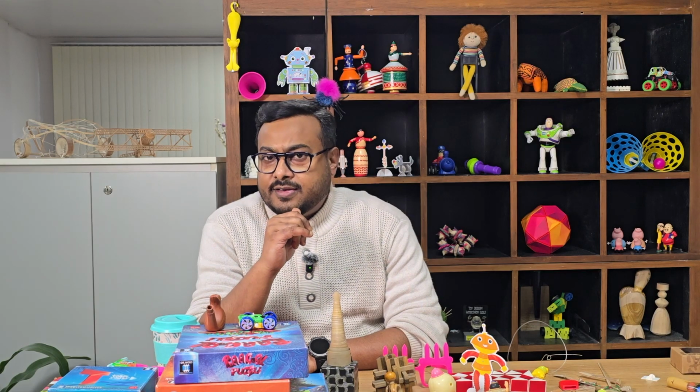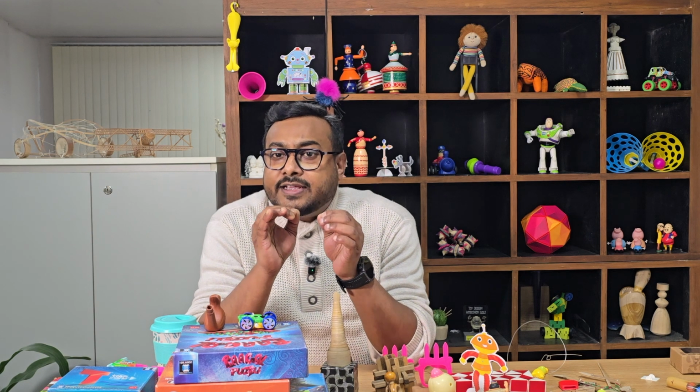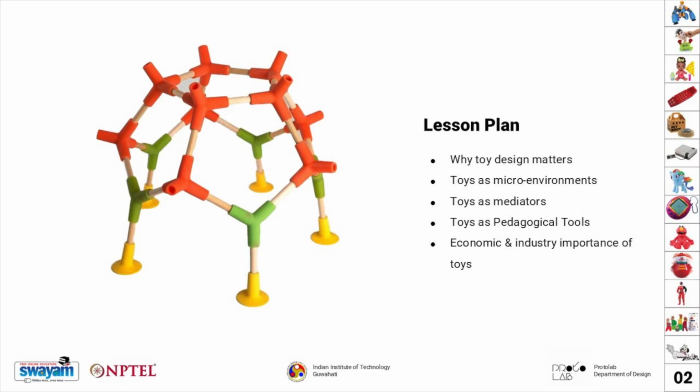In lecture 1, when we discussed what is not a toy, Myers showed us that toy design sits in a tension between teaching and letting the child interpret, structure and imagination, safety and conceptual transgression. In this lecture, we will explore the critical role that thoughtfully designed toys play in child